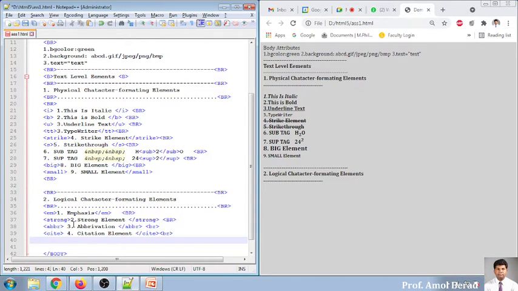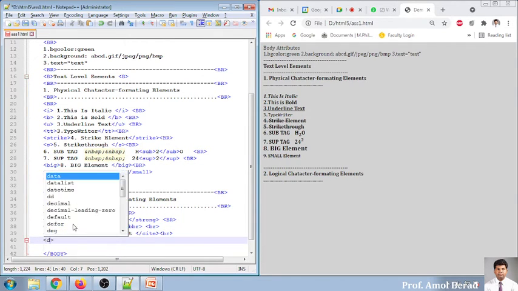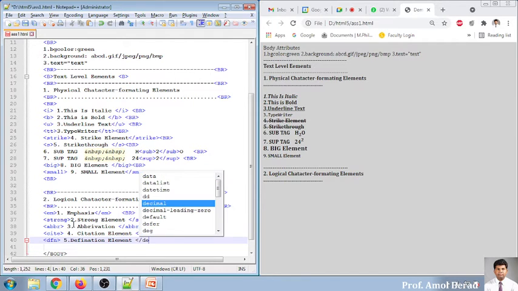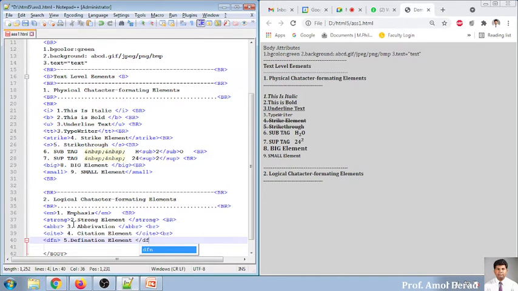Now the fifth one is definition, DFN. This is nothing but your fifth element. We call it the definition element, and I'm putting slash DFN. And I'm using BR for breaking the line.